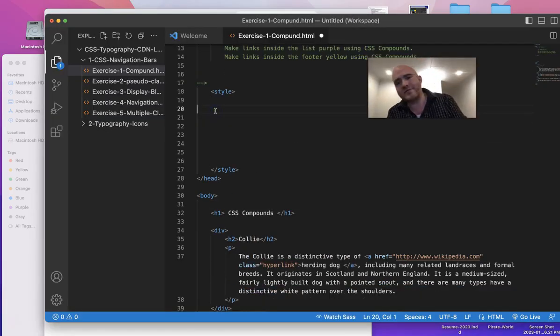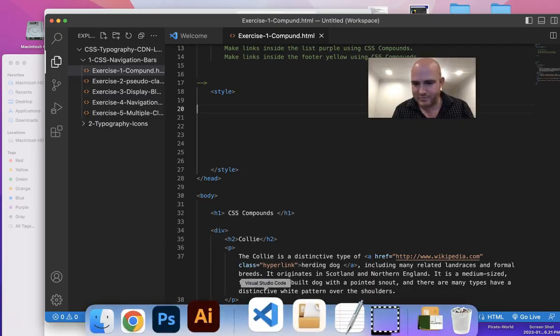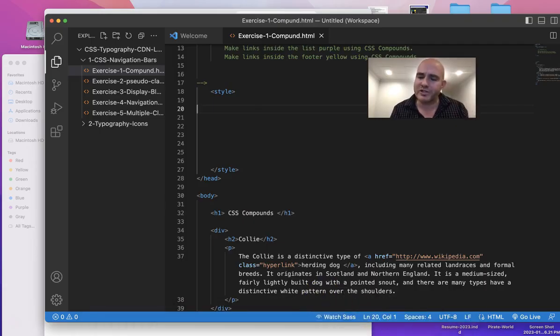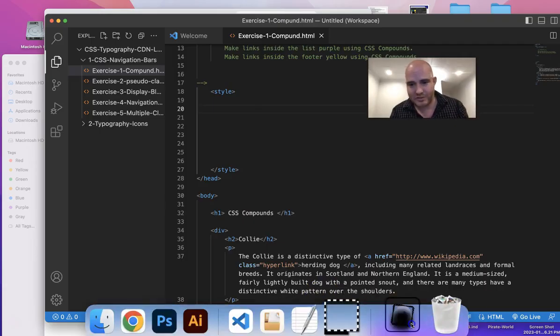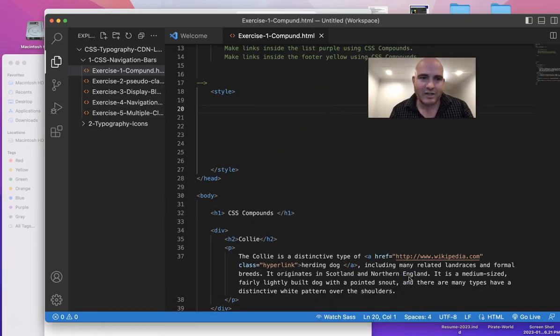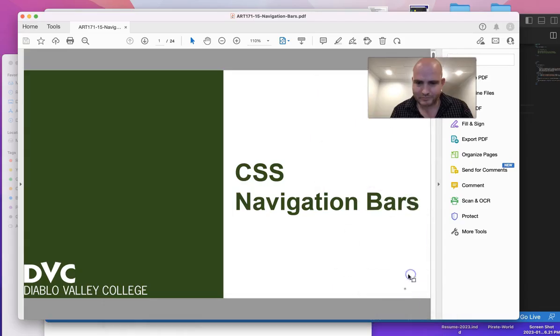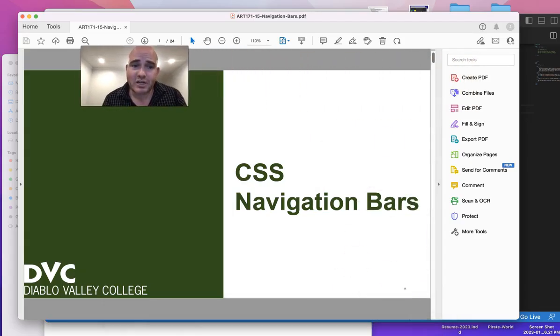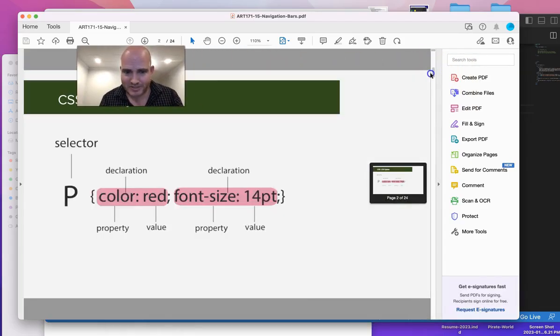Okay, so it doesn't involve using classes at all. And this is actually good because sometimes, to be honest, you can't use classes. There are going to be some programming situations where it's very difficult to use a class, or it may not be part of the system. So it's good to understand a couple of other ways we can do this. So we have to go back and talk about what a compound is. Okay. So to understand a compound or a compound selector,